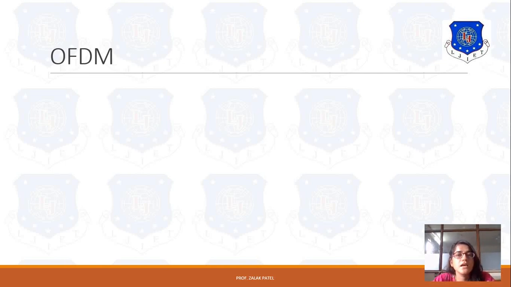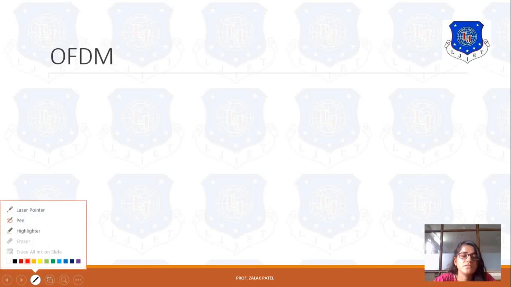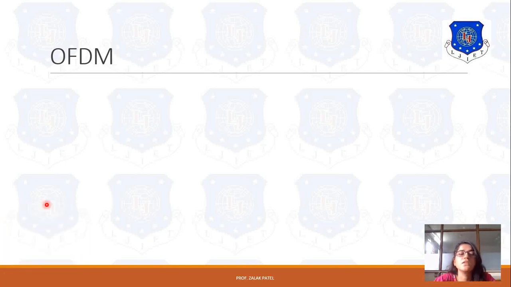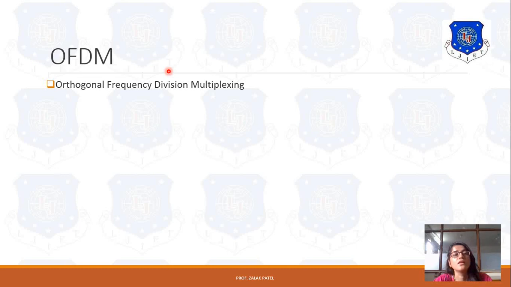But in each case, the limitations are there. In case of FDMA, resource wastage is there. In case of TDMA, synchronization is a must, and in case of CDMA, each time we have to create the code for the individual usage. So, based on these limitations of each system, we have introduced another multiplexing technique or multiple access technique, that is OFDM, means orthogonal frequency division multiplexing.